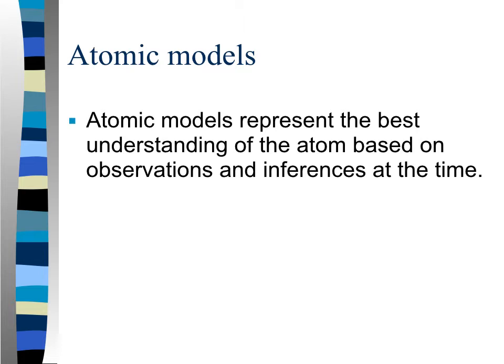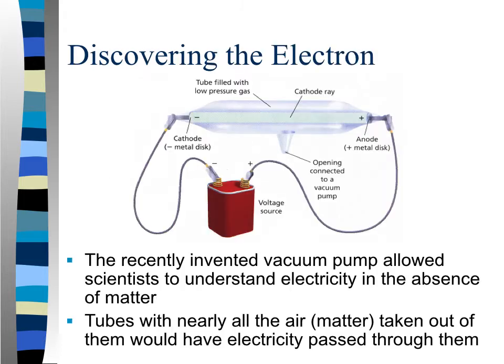Okay, so the atomic models. Atomic models represent the best understanding of the atom based on the observations and inferences of the time. So the atomic theory that we talked about, they had models for that based on what they knew back then. Discovering the electron: if you remember the experiment that was done with the cathode ray tube, this is an example